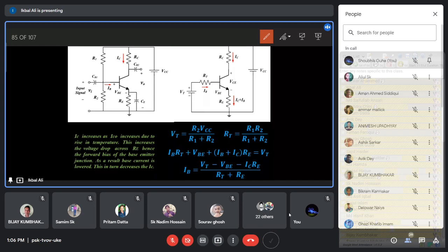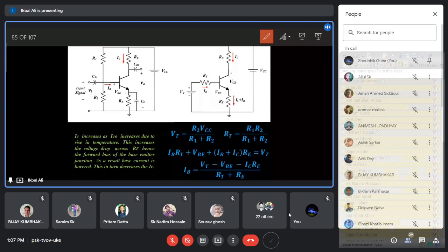You can get amplification from the collector to base bias, and the stability is better than the fixed bias, but it is not as good as the self bias, because you know that in both of those circuits the emitter is grounded, there is no emitter resistance. So that is why this self bias circuit is widely used.